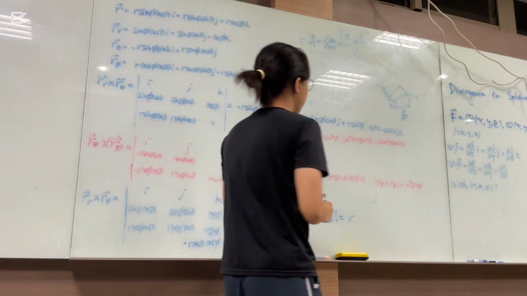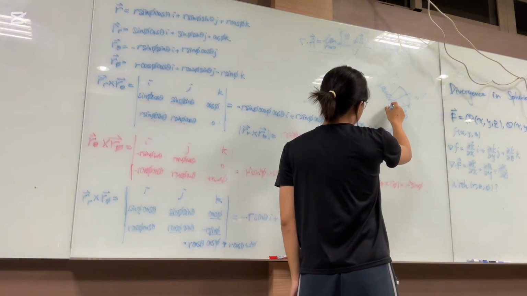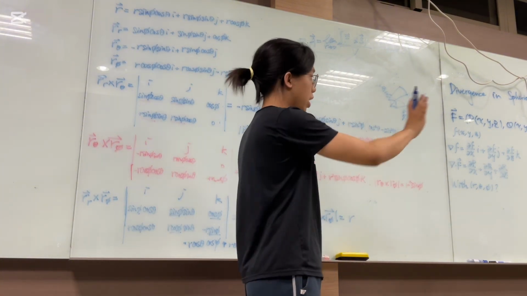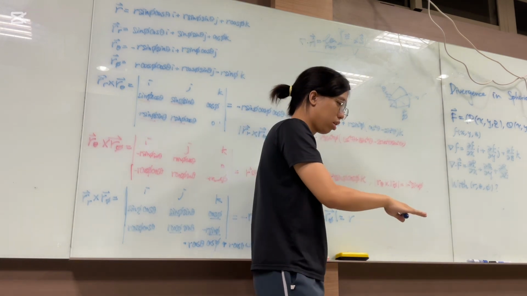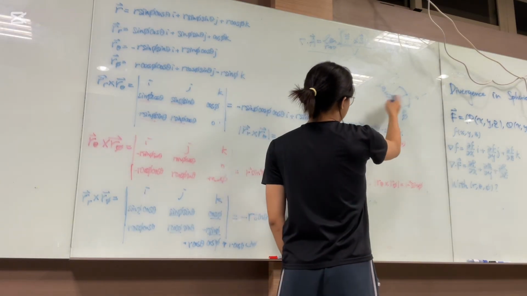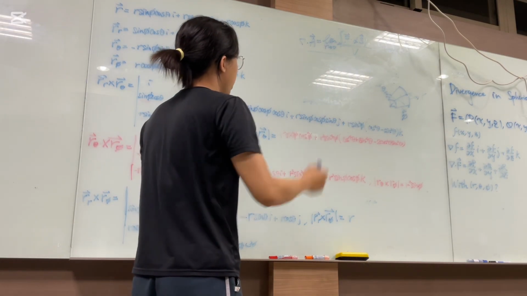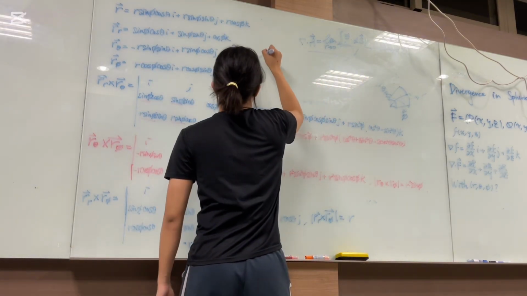We can see that the sides are like this. There are two sides when r is different, and there are two sides when phi is different, and there are two sides when theta is different. So we can change this into